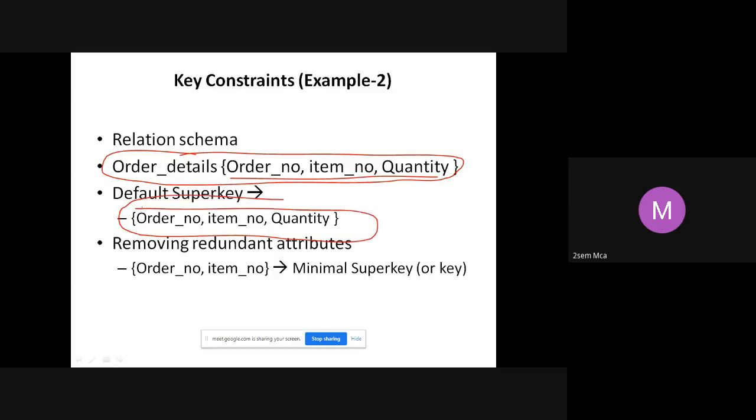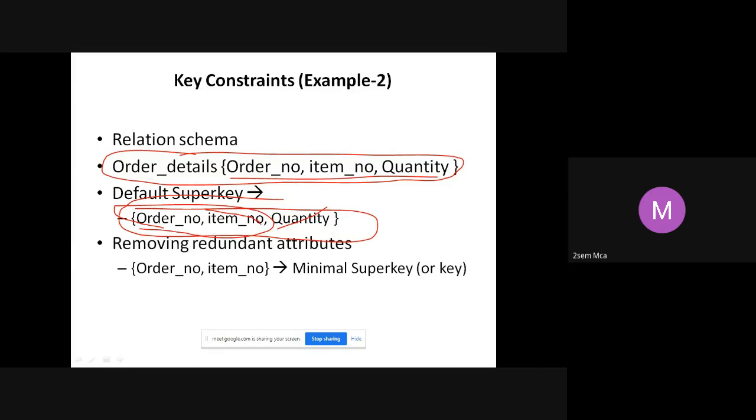So order number, item number, quantity, everything together is the default super key. Now, I will try to remove something. I'll try to remove quantity. So when I remove quantity, I have order number and item number. Still I'm able to identify all the records? Yes, I can identify.